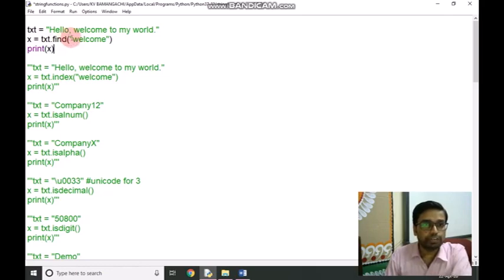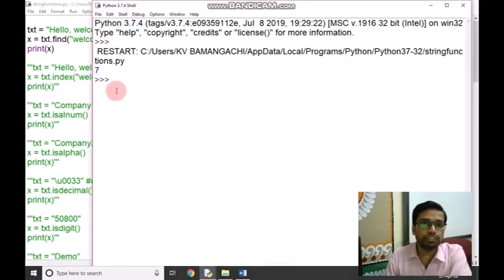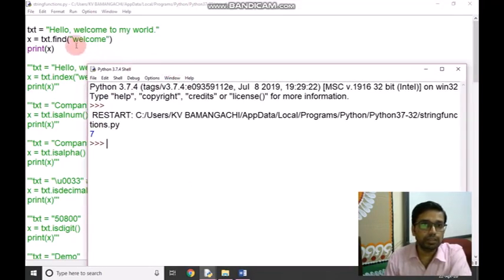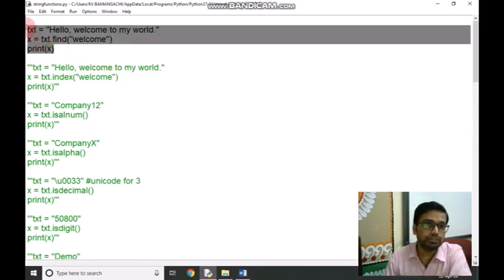So the find function will return the position of welcome, meaning the first character position of the item being searched. If we run this program, we will find the position 7. How does 7 come? We are looking here 1, 2, 3, 4, 5, 6, 7. So welcome is on the 7th position of the given string.